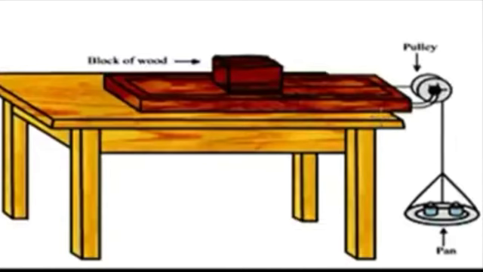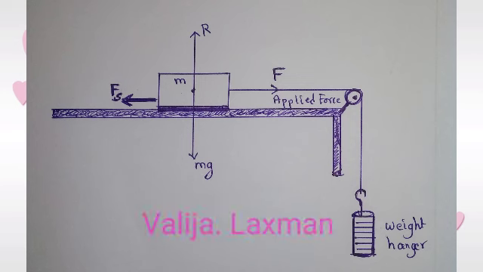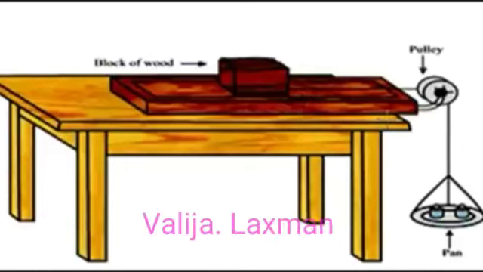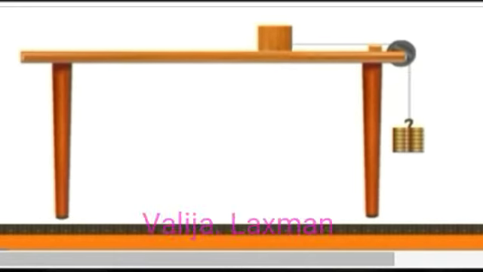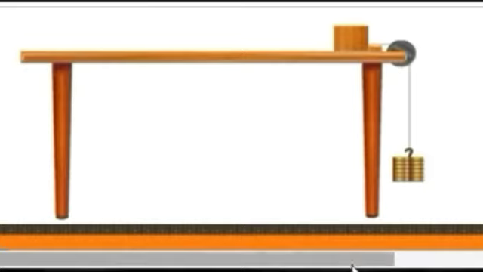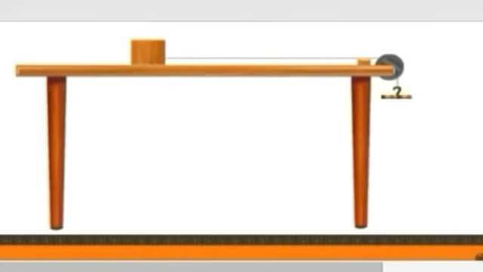So for that, first observe the experimental setup as shown in the figure. In the figure we find a wooden block tied to a string or thread that is passed over a pulley at the edge of the table, and at the other end a weight hanger is attached. When you gradually increase the weights, after some time the body will slide on the table. Whenever the body is sliding on the table, that weight has to be determined.